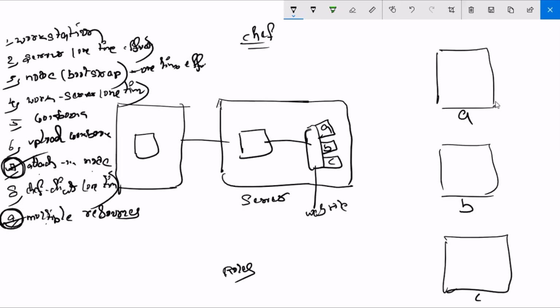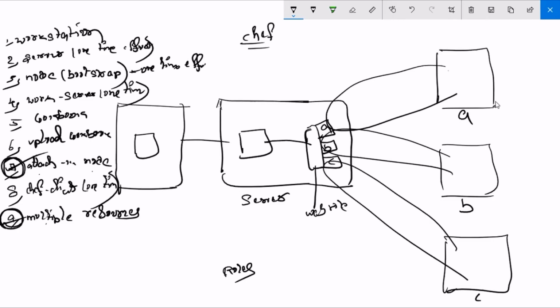Because one role is here, one cookbook is here. You are attaching this cookbook to this role only once. So that means indirectly you have attached this cookbook to all 1000 nodes, since those already got attached to the role. So whenever chef client runs, these chef clients will take that cookbook. Guys, understood this one now? Instead of attaching the cookbook directly to the nodes, we are attaching this cookbook to the role, and the role already got attached to all 1000 nodes. Okay, so it's only one time effort, right? So only one command.